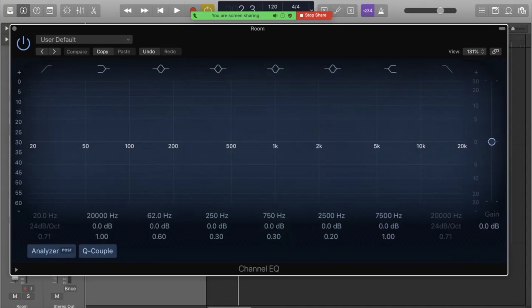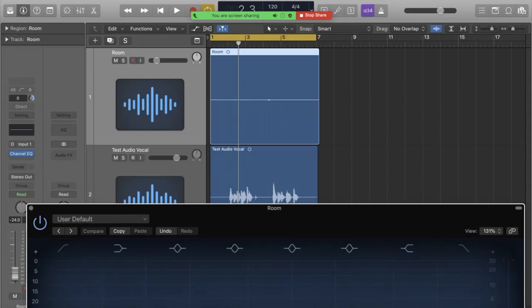For example, if we listen to the initial sound of my voice here,